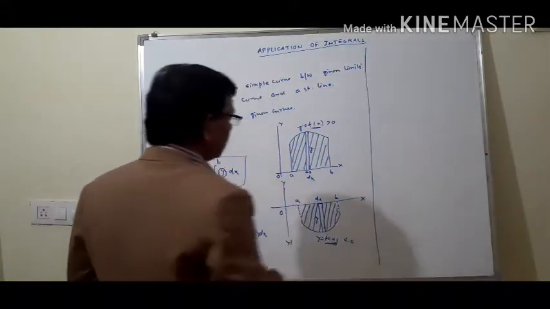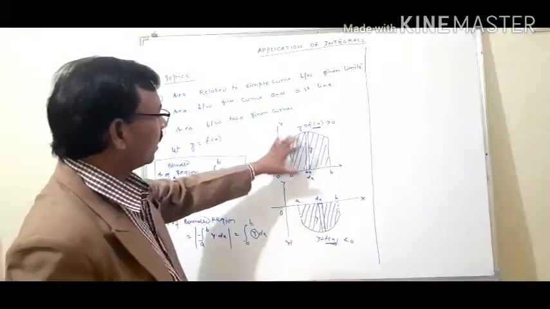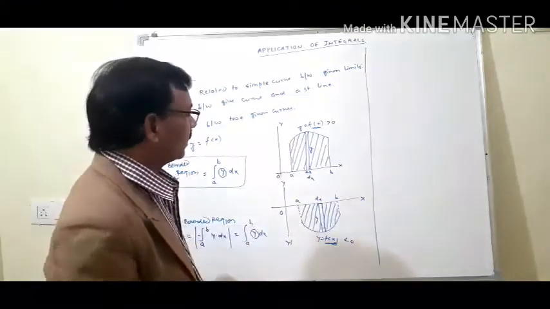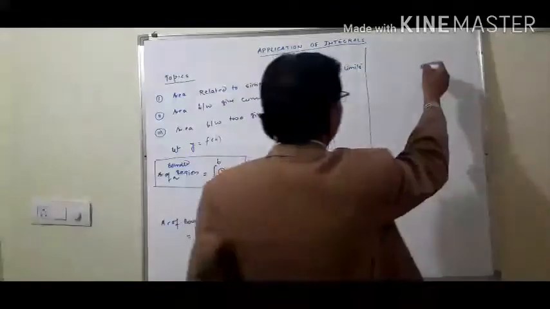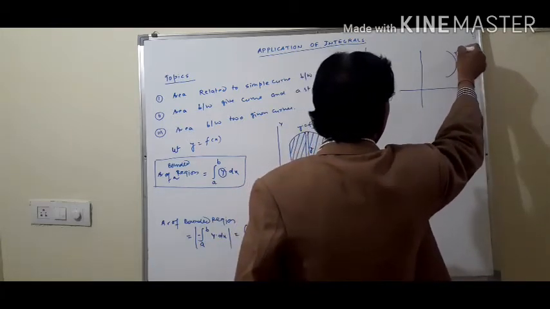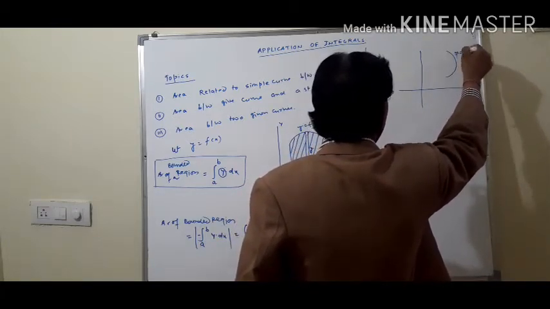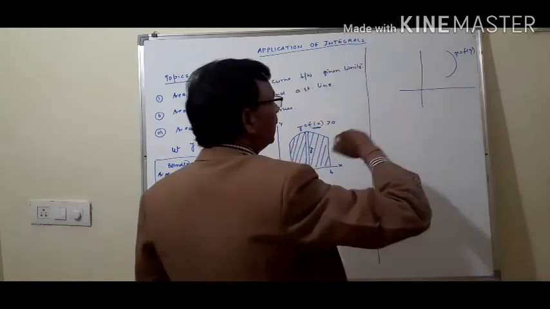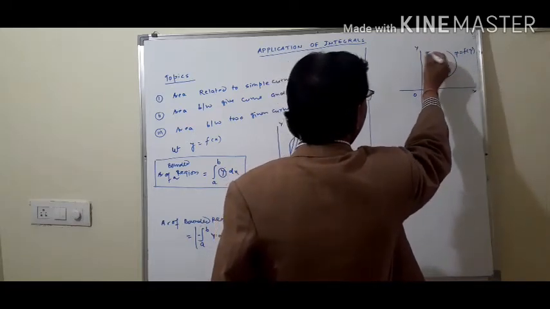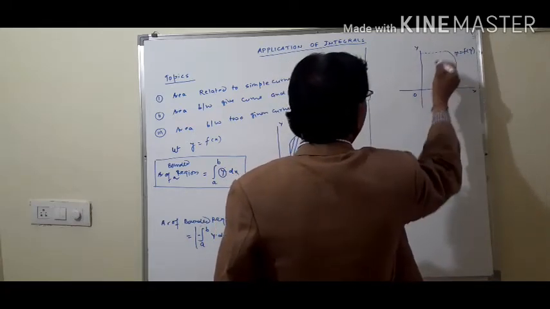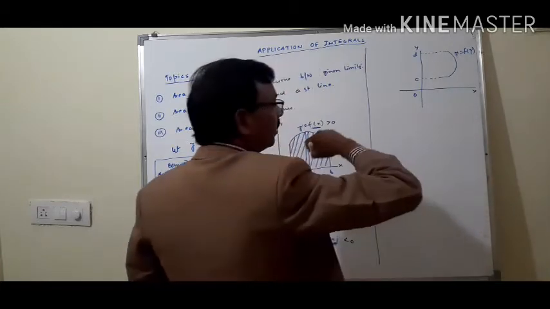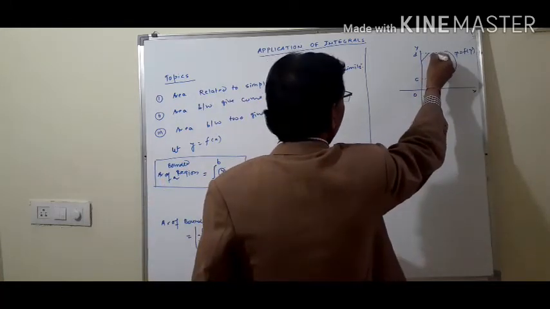Now in the second case, if this curve is given along the y-axis, like this, suppose this is the curve x equal to f of y, and we want to find the area bounded by the curve. Suppose this point is C and this point is D. Now if you want to find the area of this shaded region,